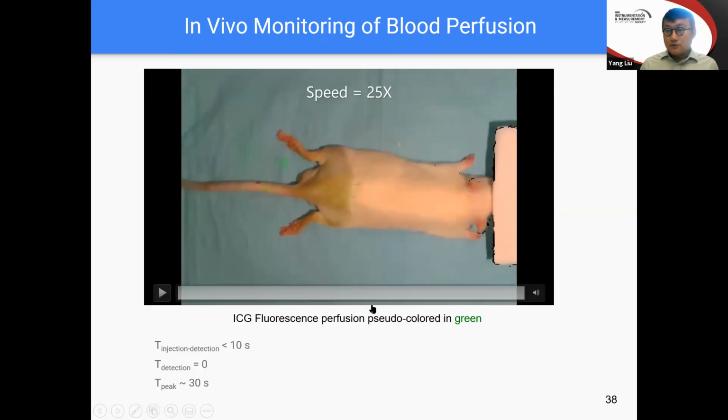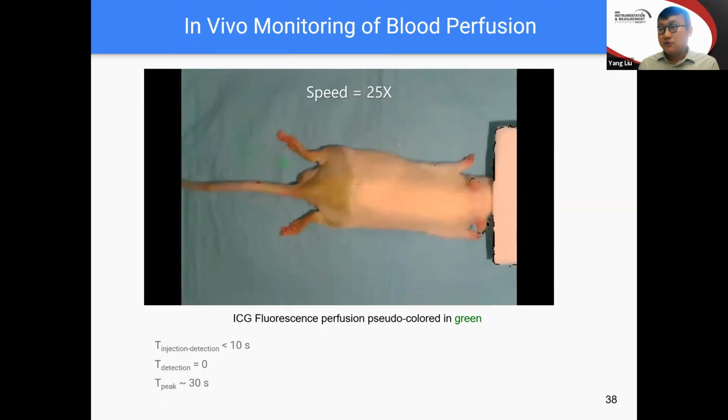For plastic surgery, this is very helpful because you can use the perfusion study to determine the viability of the flap. A flap is a tissue that's transplanted from the donor site to a receiver site, and the perfusion and tissue viability are very important to indicate whether those flaps will survive or not.